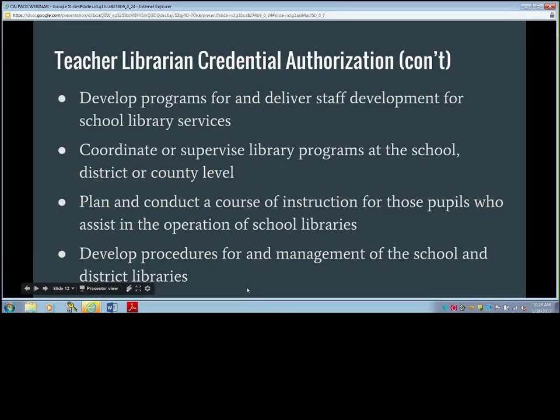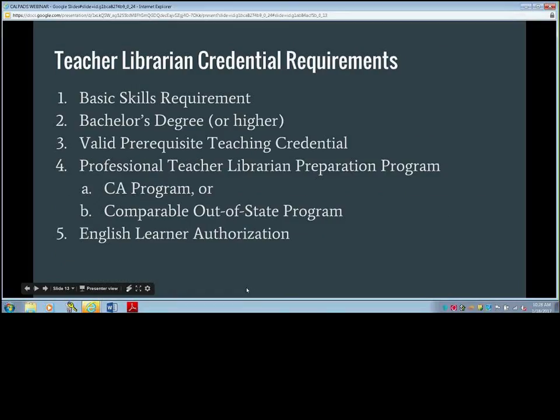So with those amended regulations going into effect, every new teacher librarian services credential is going to be given this new authorization that includes all of this information in it, as well as teacher librarian services credentials that were earned prior to that 2013 date will be authorized for the same service, and then once they renew their credential, their authorization statement will be replaced with the new one. So they will be covered for all of this information.